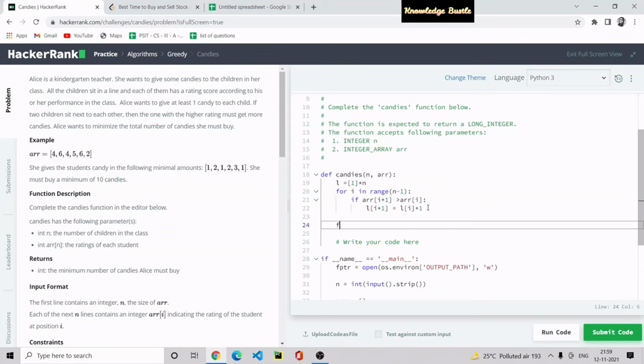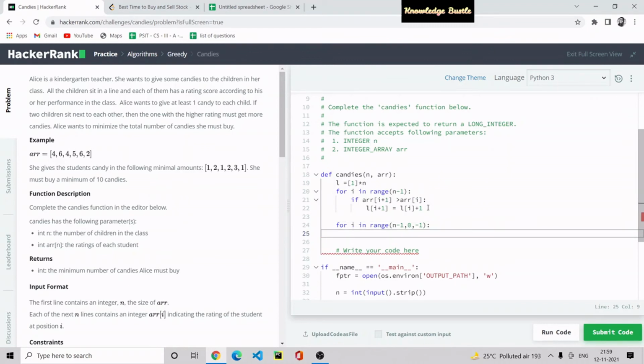Then we again iterate, for i in range, in reverse order. For i in range n minus 1 comma 0, from n minus 1 to 0, in reverse order, so we take minus 1. I think you all know about the syntax of the for loop.